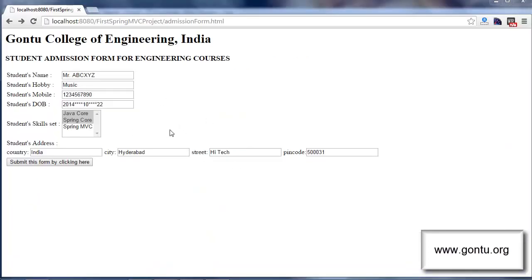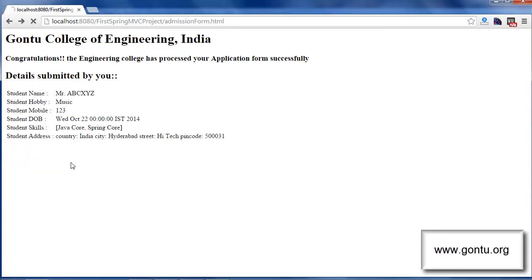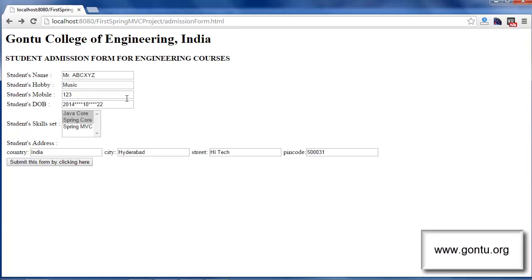Guys, in this demo application, there is no restriction on the number value which user would provide here in the student mobile field. If you provide 12 and submit the form, there won't be any problem. If you provide say 123 and submit the form, there won't be any problem. Now what if my requirement here is something like this? Whatever value user would provide here in the student mobile field, that value should always be less than or equal to